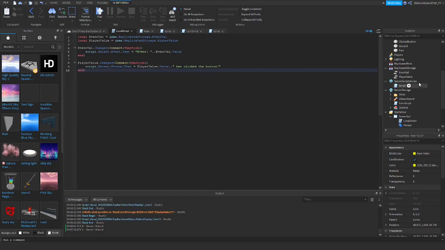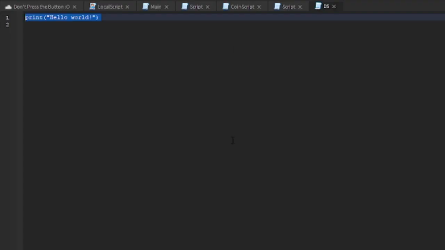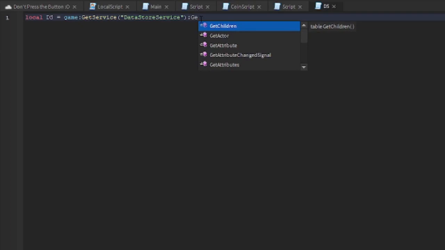Alright, now the only thing we have left for this episode is to create our data store. So also in server script service, we can insert another script. Is this the right one? Yes. Alright, we can just rename it to data store real quick. So then you can do local ds is equal to game:GetService, and we'll do DataStoreService, and then :GetDataStore